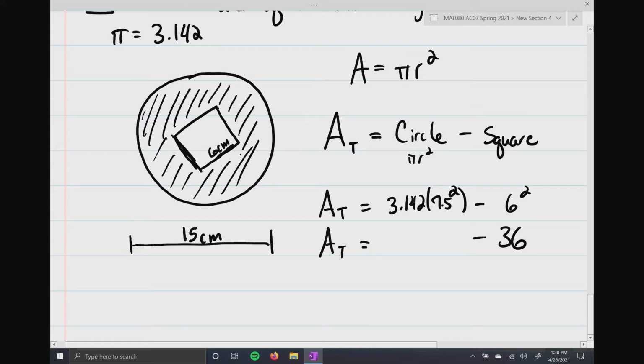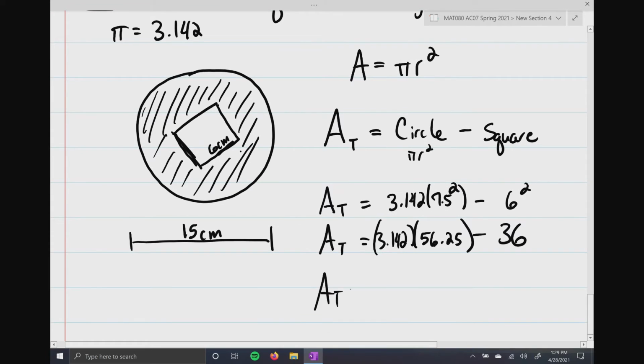So 7.5 squared is going to be 56.25. So I need to take 3.142 times 56.25. I am not going to multiply that out by hand. We already covered decimals, so I'm just going to get this out real quick. 3.142 times 56.25. All right, so that gives me AT equals